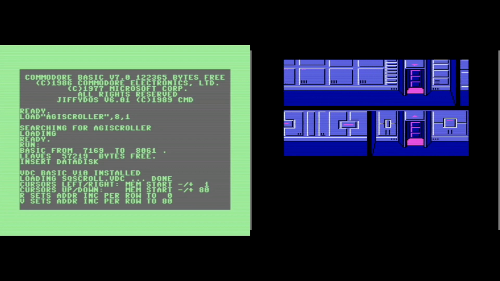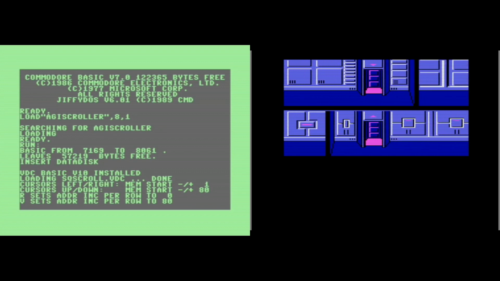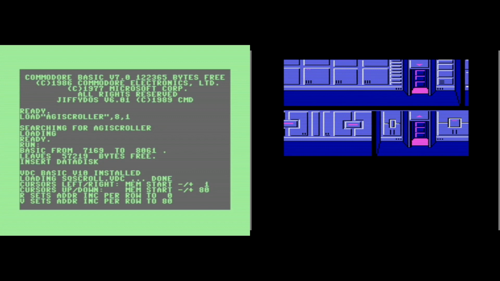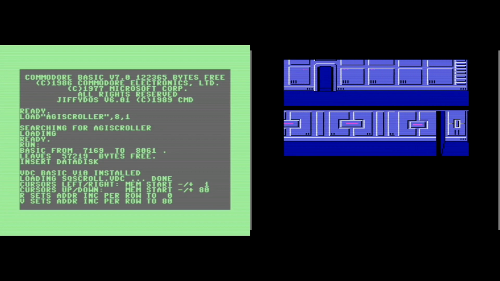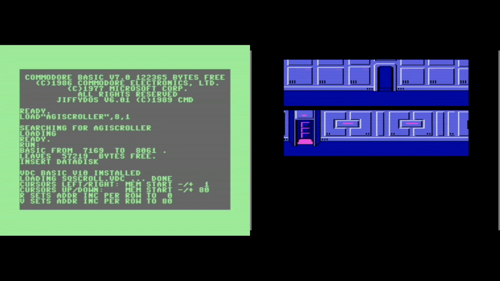And this is how it looks. It looks exactly like we thought it would look like, right? And also, scrolling works flawlessly. So we scroll back and forth. And then we also toggle between the virtual line sizes of 80 and 160. It looks beautiful. But before you celebrate a fully scrolling version of Space Quest on the C128, we need to